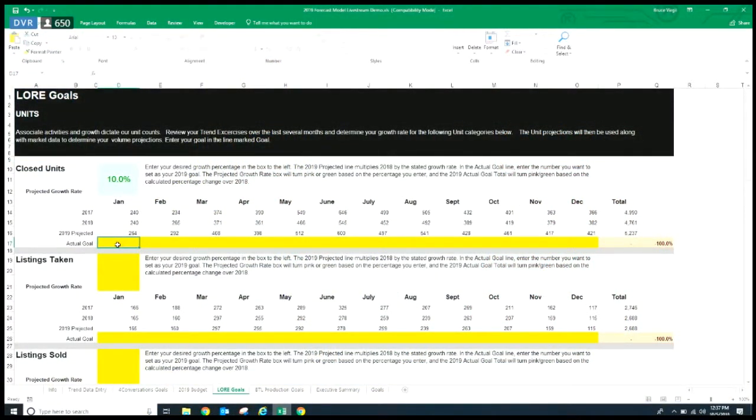So what you're saying, Bruce, is that I can use the 2019 projected numbers, I can copy and paste them, or I can take a look at what you've generated and say, you know what, I disagree. I'm going to put what I believe the unit should be. You put what your leadership team is committed to hitting for 2019. All right. We're going to do that for all 4 unit categories, and then we're just going to move down